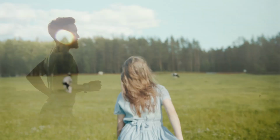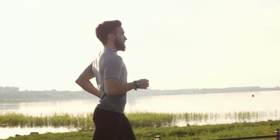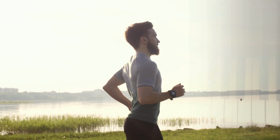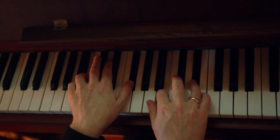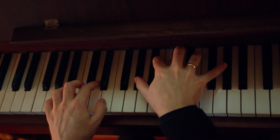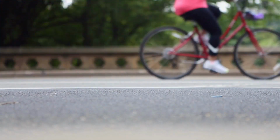Vienna. Number 1. Avoid the crowds at Schönbrunn Palace by visiting early in the morning or late in the afternoon. Number 2. If you're a fan of classical music, try to attend a performance at the Vienna State Opera or Musikverein. Number 3. Vienna has a great public bike-sharing system, which is a fun and efficient way to explore the